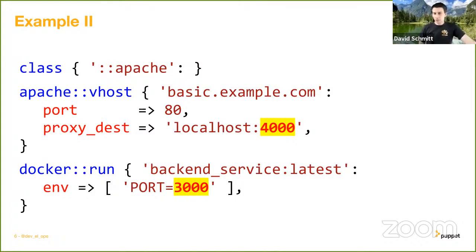Searching for the actual configuration error on that slide is not really the point. So I've already highlighted where everything started to go wrong here, right? Puppet will happily configure these two services, Apache and the Docker container, and they will never work, and they will never ever talk to each other. And Puppet will not report any errors from applying this catalog, because Puppet doesn't have that concept of, oh, Apache needs to talk to this backend service here, right? Like that's not encoded here, and it's really hard to do so